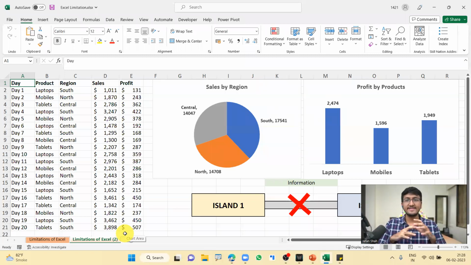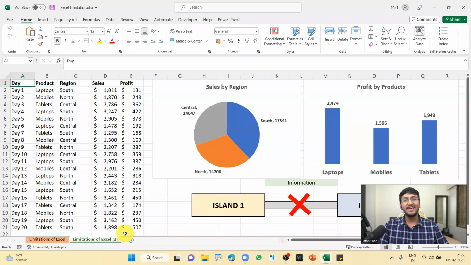So, in that case, if you want to analyze combinations of data, you will have to sit and make multiple combinations of all these things, ultimately resulting in having an Excel sheet which has more than 100 charts, and you will end up sitting and trying to find what is what, which is the wrong way of doing things. And the same is the case for Google Sheets as well.